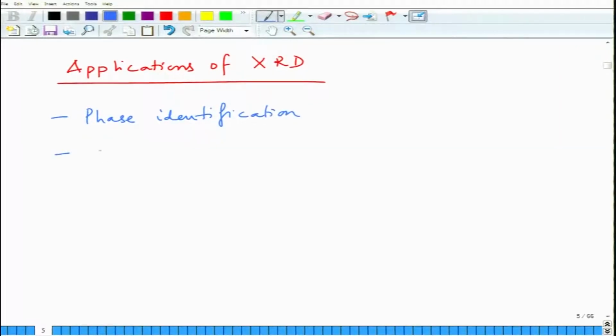Then you can use it for determination of crystal size. Lattice strain can also be determined,